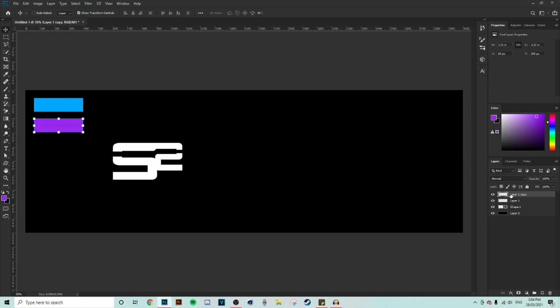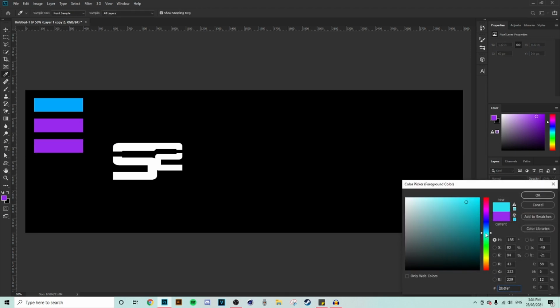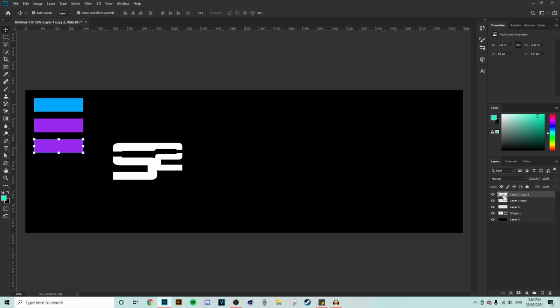I'm going to repeat the process, go Control J here, duplicate the layer, bring it down, and again we're going to pick a sort of an aqua green color, and I'm going to hold Control on the marquee tool, and then Alt Delete, boom. Alright, now that we have our colors, we're going to hold Shift and select all of these layers,